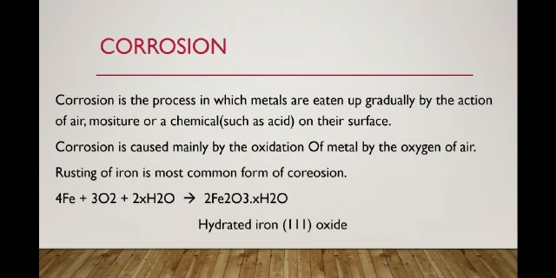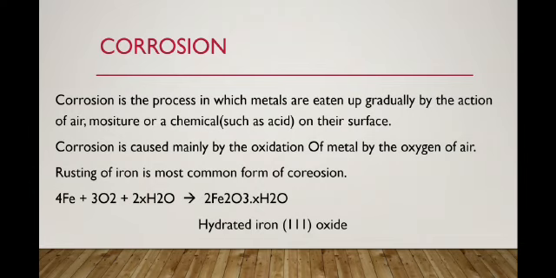The iron material all get corroded at some point of time in their lifespan. That powdery substance that falls from those iron rods is called rust, and that rust is a process which is corrosion. Corrosion is the process in which metals are eaten up gradually by the action of air, moisture, or chemical